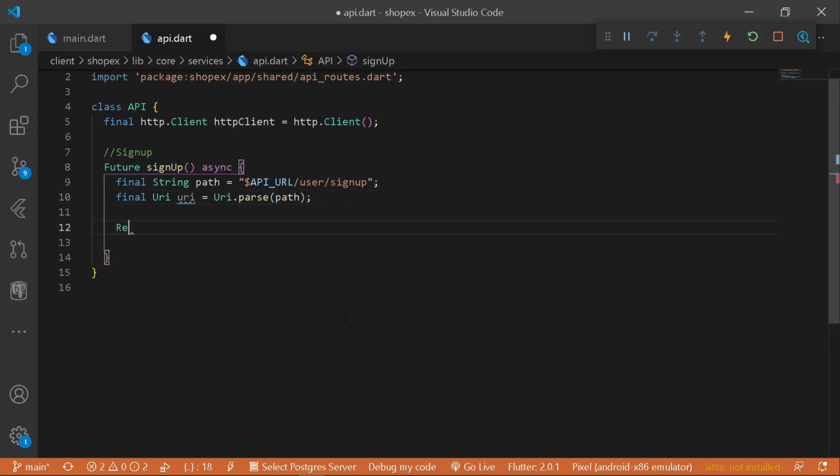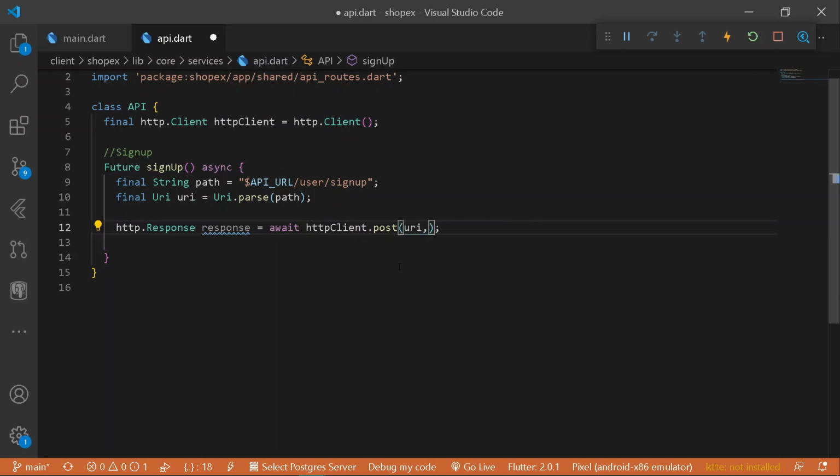So first of all, I shall be having a new response value. So here, let's have a new response, and the following response shall be nothing but a new response, and this response shall be under await. So under await, I shall be writing my HTTP client that we have declared here. So here we shall be having our HTTP client, and by this we shall be posting all of our user data that needs to sign in. So first of all, it shall be requiring a URI, that is the URL.